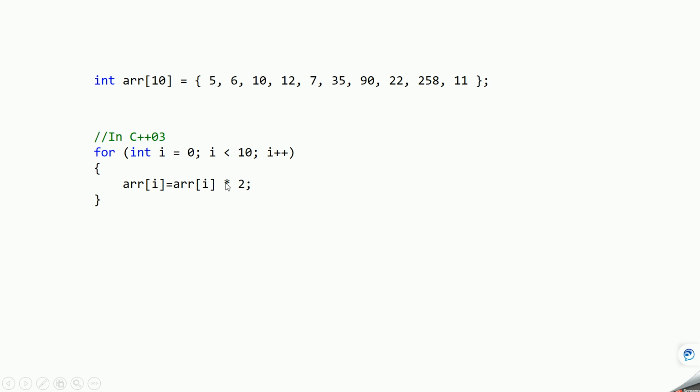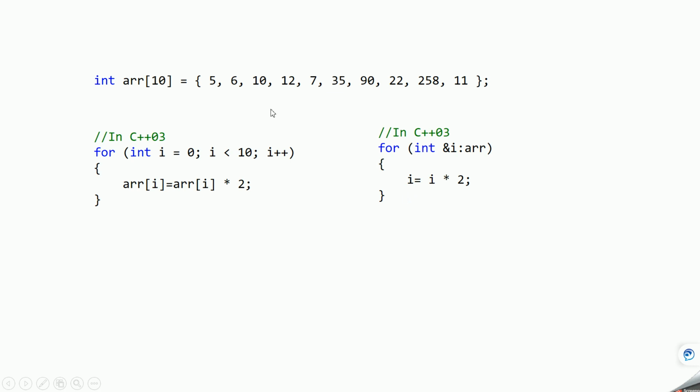Each element is getting multiplied by 2 and then assigned back to that location. And the same thing in C++11, all you have to do is take int, a reference i, then a colon and the collection name. In this case the collection is this array, and when you say i equals i into 2, each element will get multiplied by 2.